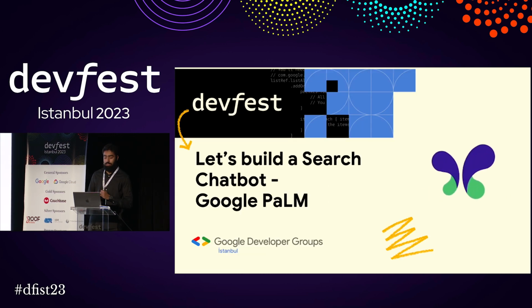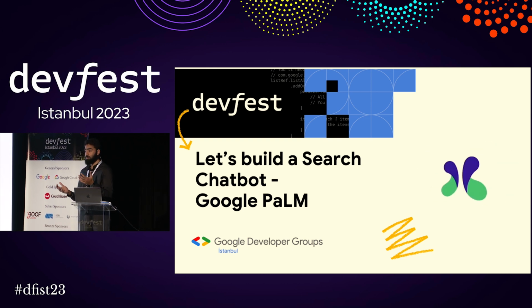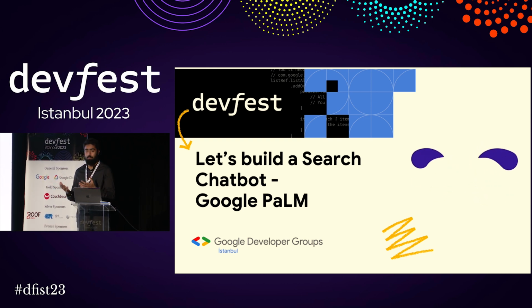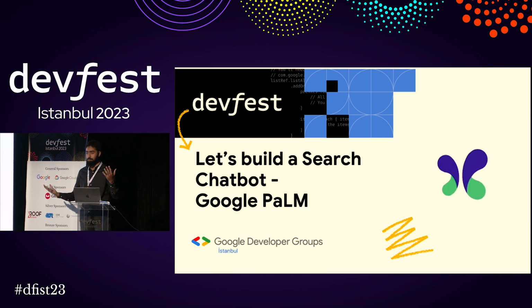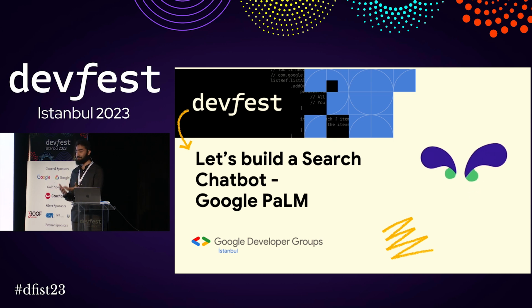And today we'll be looking at how we can use Google's PaLM large language model to build a search engine chatbot. So you might have seen the sudden rise of ChatGPT recently, and not recently, over a year, and the fast pace at which the industry has changed completely. So it also brings with it some negative aspects. For example, a lot of programmers are now worried that our jobs might be taken over by AI.